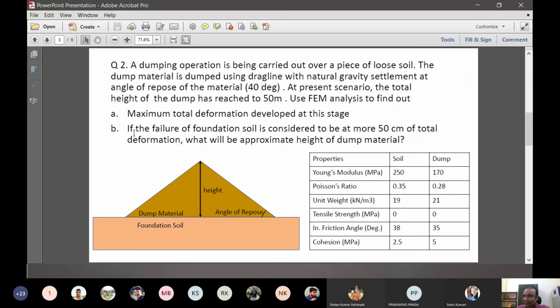Any doubts in this? Anyone has tried this already? Has anyone done the second question yet? Swati, have you done it? Found all the units, everything optimized? So I did it thrice, but I couldn't really optimize it. I'm still on it. I went to the first question since this was not correct. You are doing the B one now. Okay.